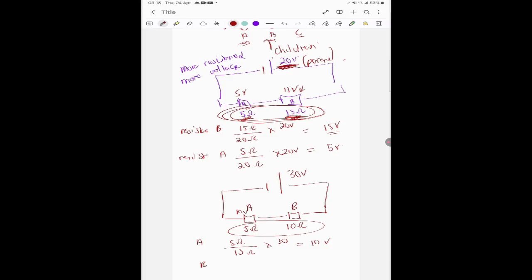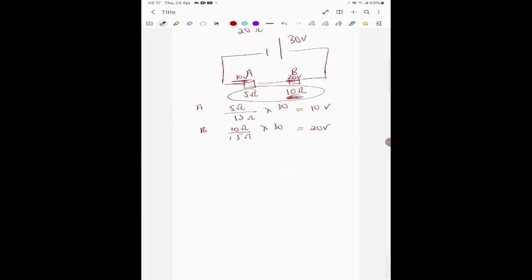And for resistor B, it's 10 ohms over the total, which is 15 ohms, times 30, which gives me 20 volts. And again, you see a combination of 10 volts plus 20 volts is 30 volts. And then obviously in a scenario like this, let's look at this, where